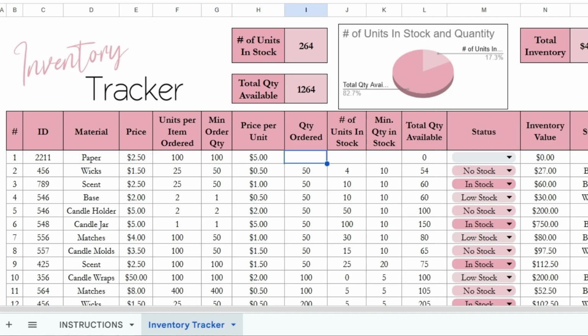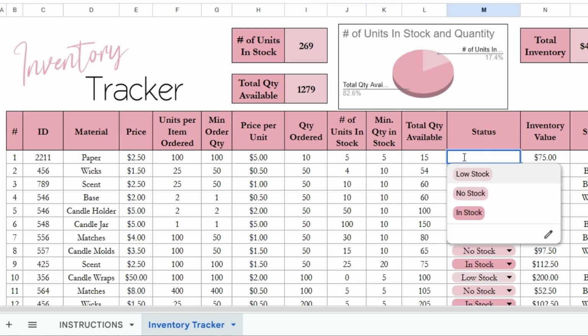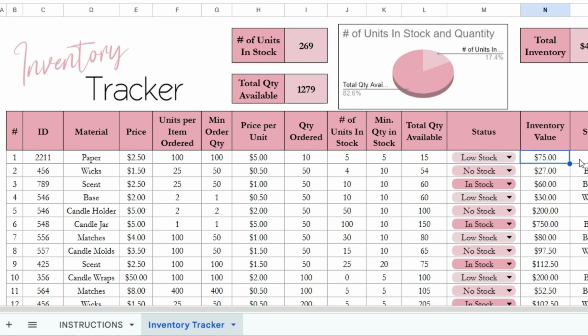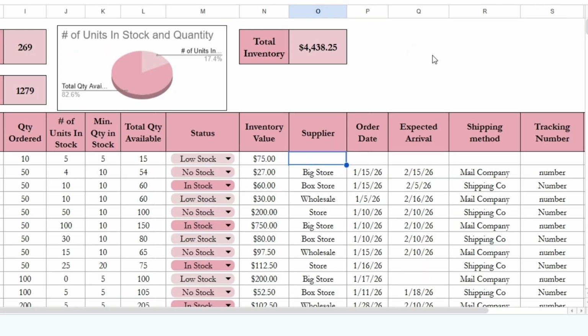how many ordered, how many units are already in stock, the minimum quantity in stock, and it's going to calculate the total quantity available. You can put the status that it was low stock, and it will give you the inventory value of $75. You can put your supplier name,